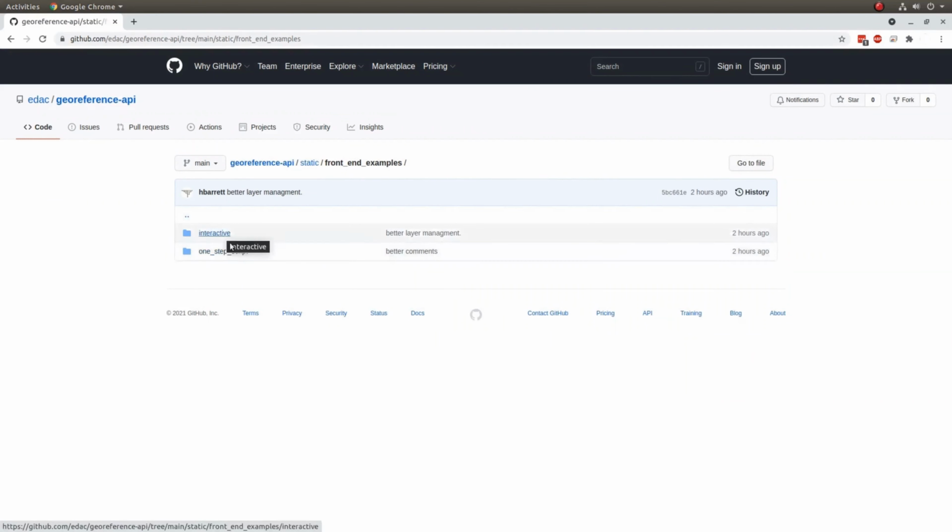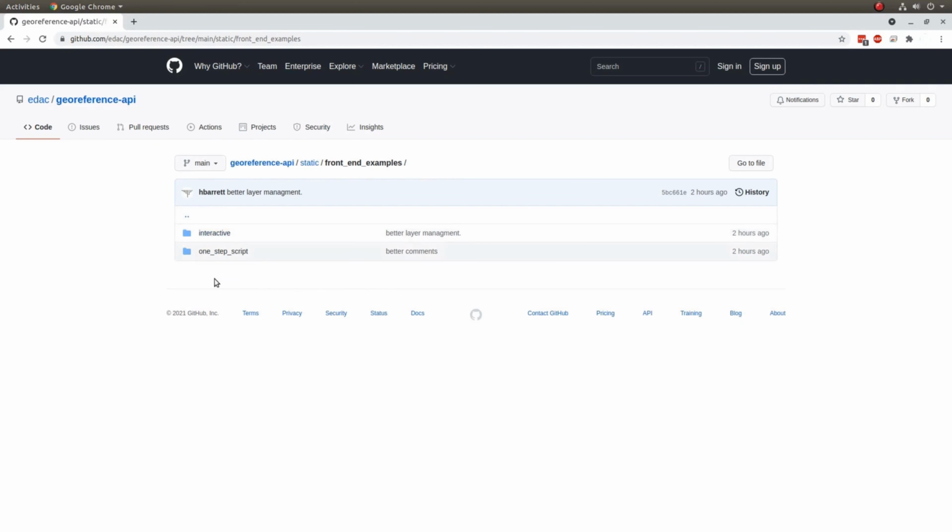The interactive example is meant to demonstrate the interaction between the end user and the API, with the end user supplying a non-geo-enabled image and ground control points, and the API responding with feedback for the end user in the form of errors for each GCP and a web map service. And this interaction, with the user modifying, adding, or deleting ground control points and the API responding with updated errors and a web map service, will go back and forth until the end user is happy with the result and